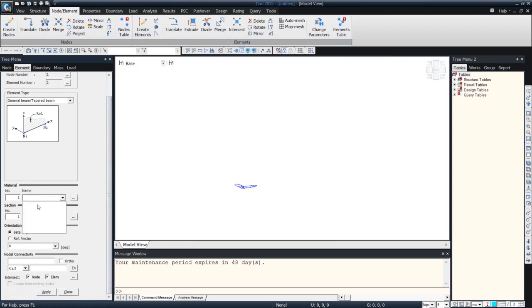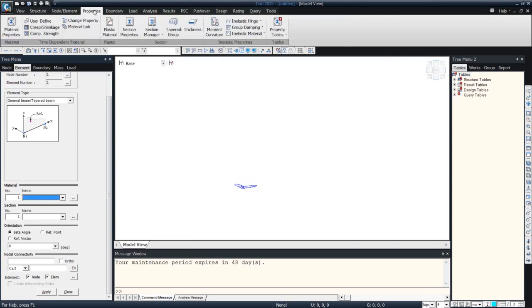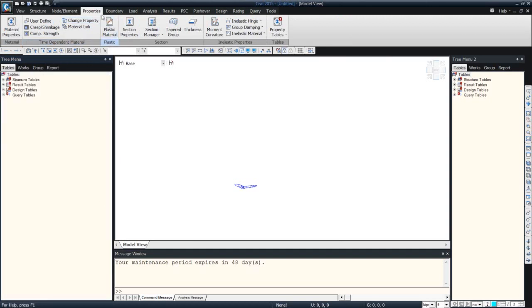So right now I don't have anything defined, but if I have something, as I lay out my elements and node, I can define the material and section properties. So it's much more convenient. I don't have to come back later and apply the properties again later on. So for that reason, what I first do when I work on Midas Civil is go to the properties over here. So starting from the material,